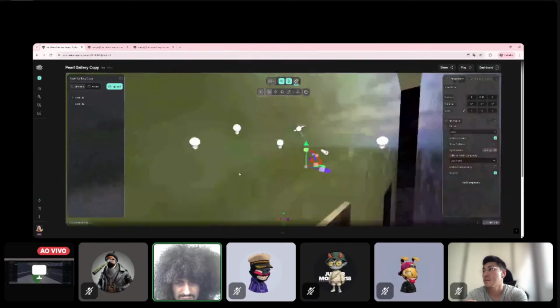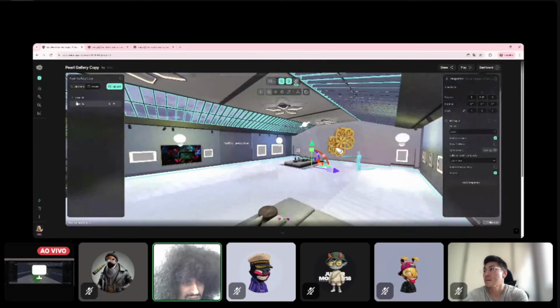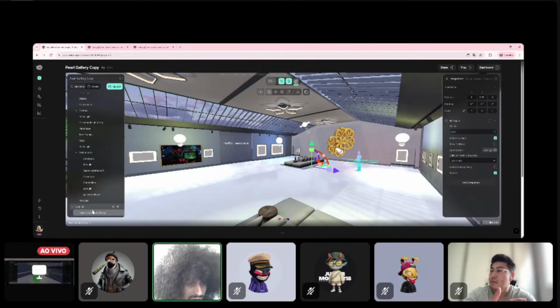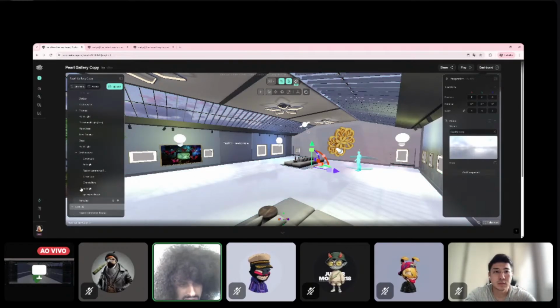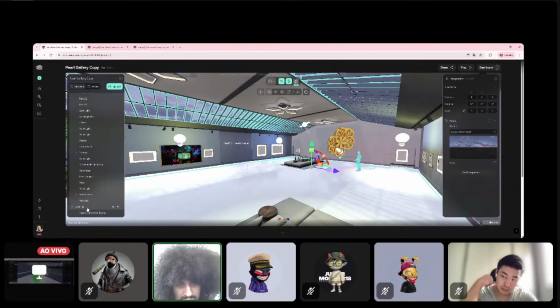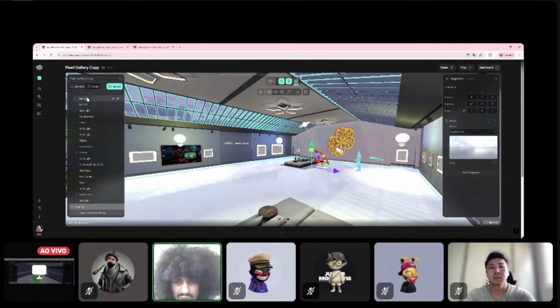Now I'm gonna only take the floor to duplicate it, just for you guys, so you can see it. Let me duplicate it and put it in level 2. So basically what I'm saying is that everything that is inside of this group will be rendered in level 1. And when I move from this group to this group in here, all that will fade away. I won't be able to see it. It's still gonna be here in the scene, but I won't be able to see it anymore.